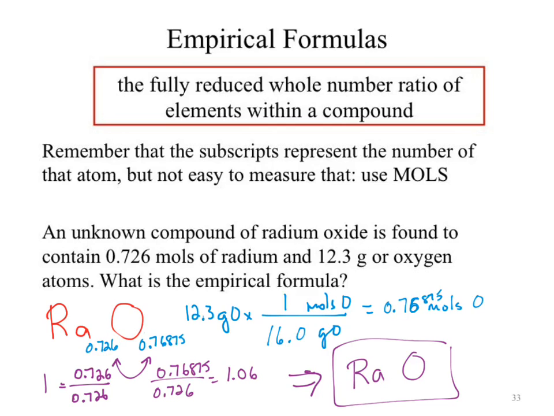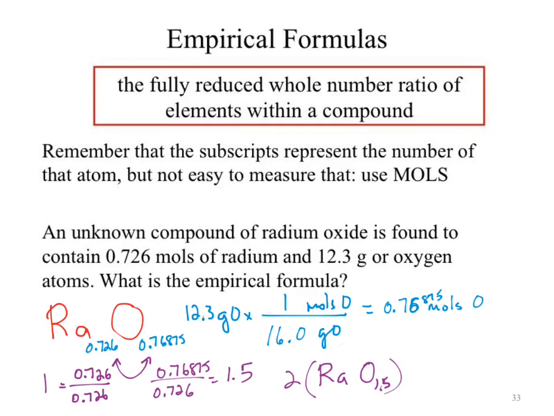Pierre? So if you get that 1.5, you would just double it? Double it. So if you had 1.5, you would double it to, like you were saying, 3. Exactly right. Okay, so let's just pull this out as a random kind of effect here. Let's just trust that my math somehow works backwards. Let's say you do this calculation and that's what you end up with, 1 to 1.5. What's your formula? If we wrote radium and then oxygen 1.5, that doesn't work, right? We can't have half of an oxygen atom. So what we'll do is multiply the whole thing by 2, and this becomes